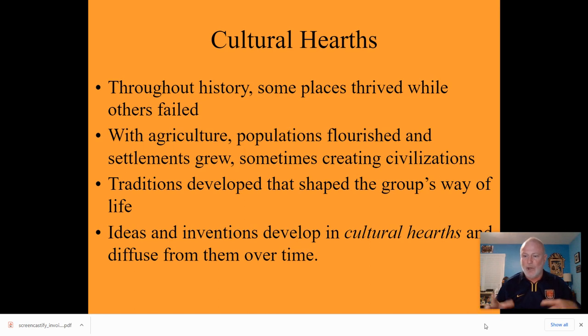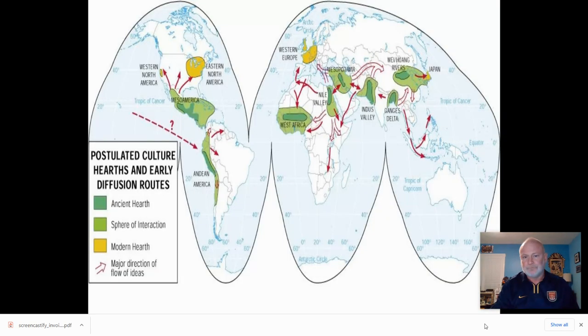That are going to be these big things that define what makes a civilization, whether it's a system of writing like hieroglyphics, whether it's inventing the wheel, whether it's developing new technologies like gunpowder in China. All of these things are going to be identifiable based on these cultural hearths. So just to show you on a map what that might look like, we can see that East